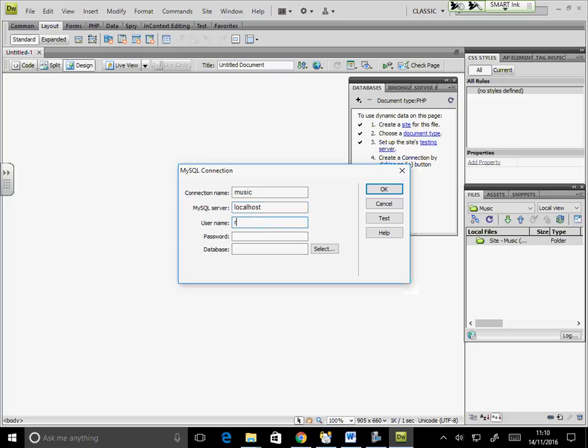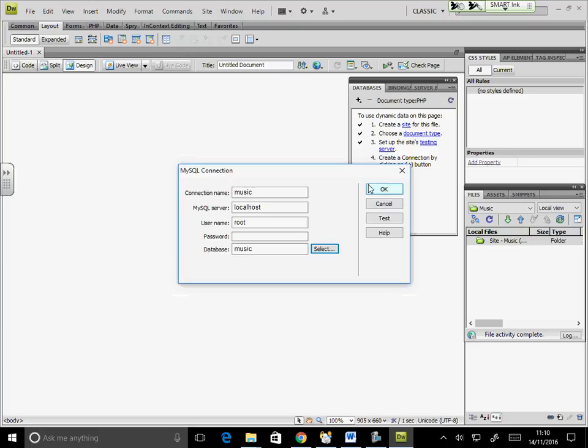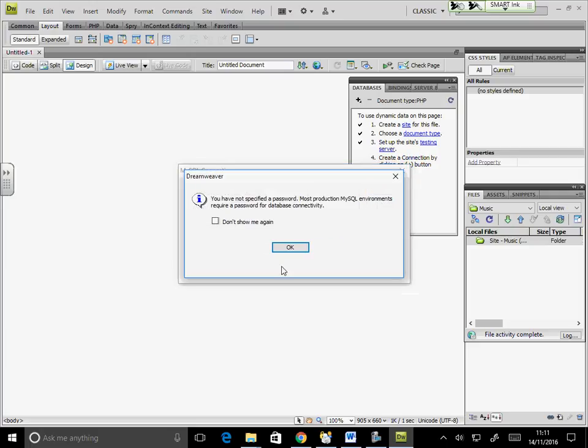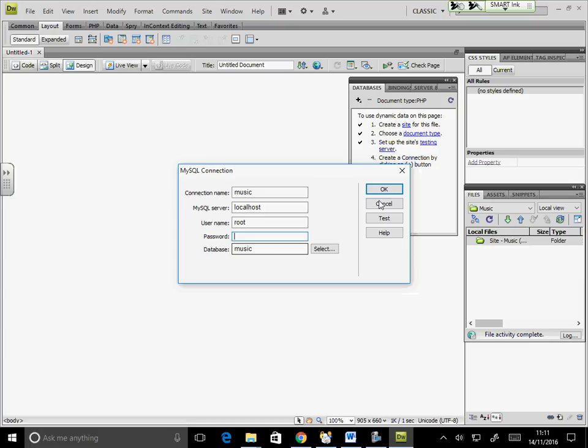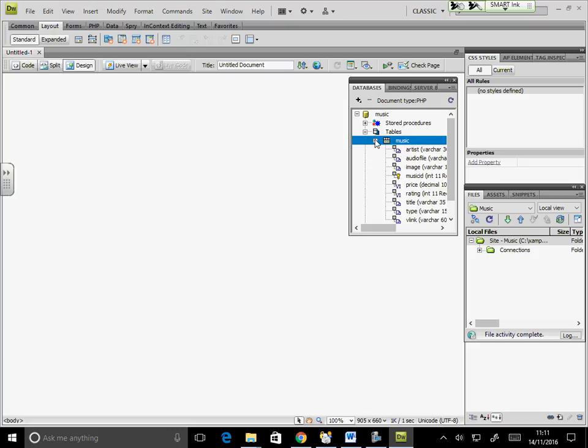My username is root. I don't have a password, and I can select my database. My database was called music. It will say that you don't have a password. Yes, I don't have a password. So now here, I should be able to see my table fields, whatever those are. So that means your connection's working fine.